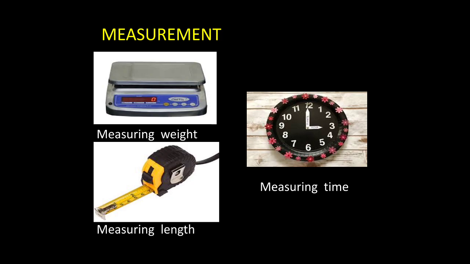In ancient times, people must have wanted to know how far one village was from another. For this, they would have needed to measure distance or length. If they wanted to know the size of their crop fields, they would have needed to measure area. When they traded with each other, they would have needed to measure the length of cloths, or the weight of grains, or the volume of milk. Thus, the need for measurement must have arisen out of everyday activities like growing food and buying and selling.